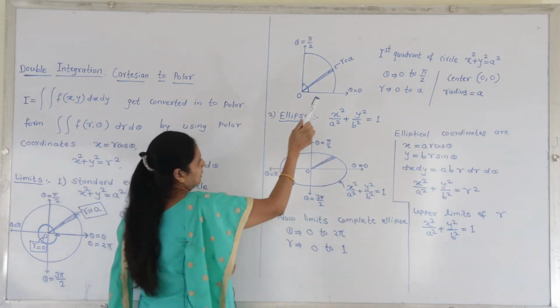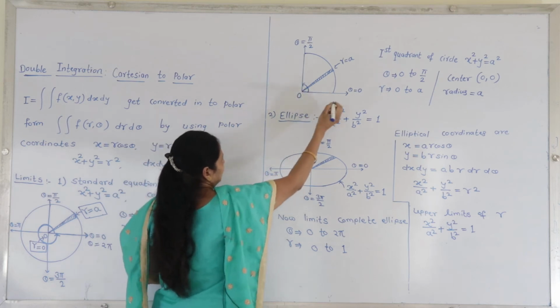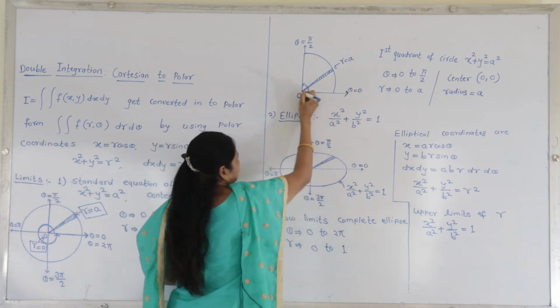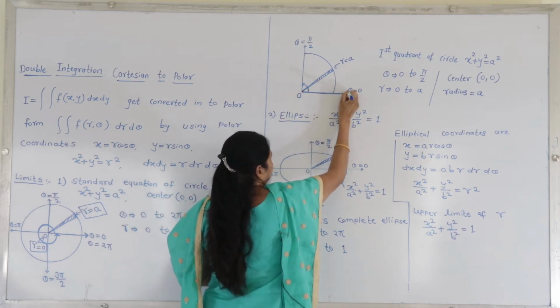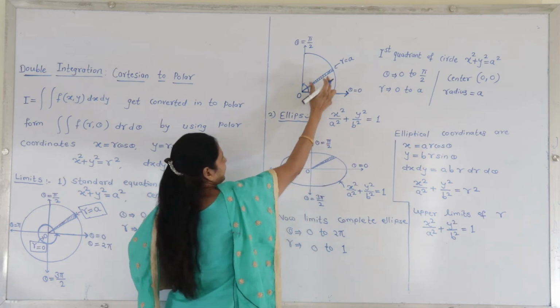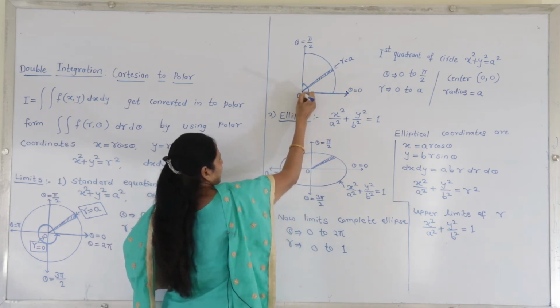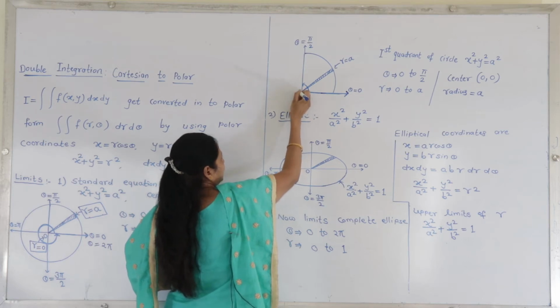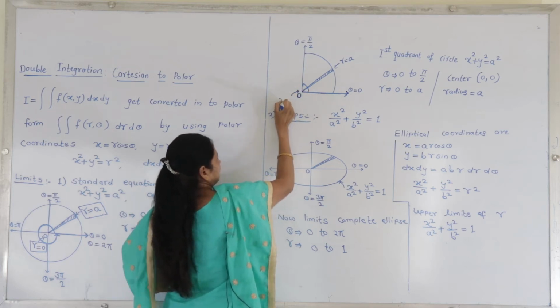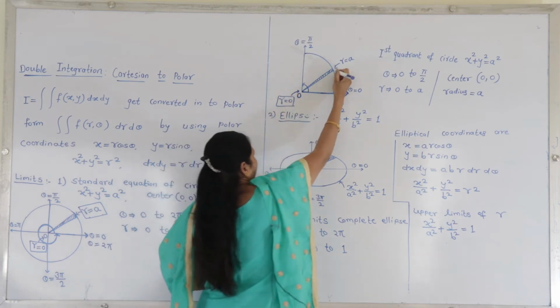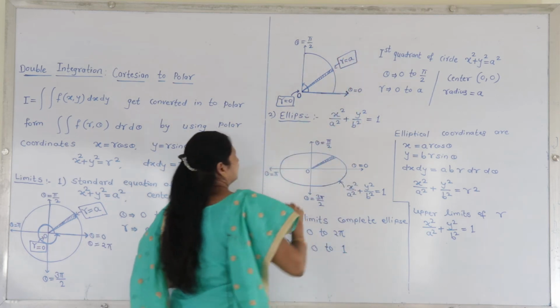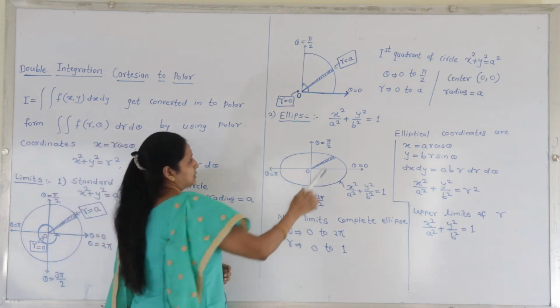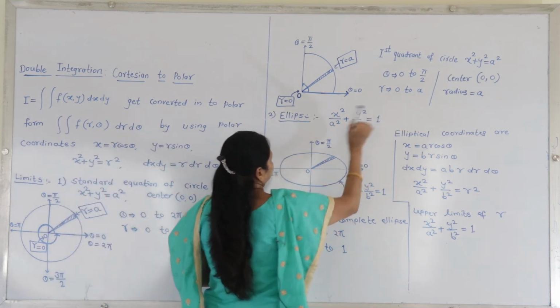Now it is only the first quadrant of the circle, that means theta is from 0, the starting of the rotation. Again we have to take the strip here. The lower limit, meaning the lower end of the strip, the value of r is 0 here. The upper end of the strip means the value of r is a. r means here the radius. Therefore limits of r from 0 to a.